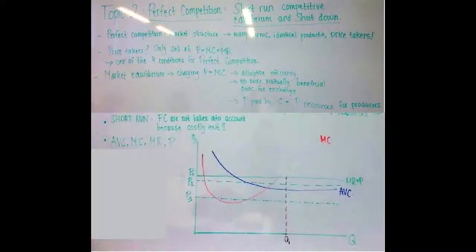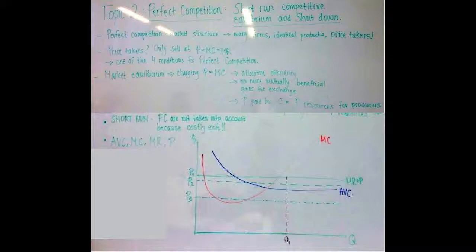Okay, so if we could take a look at the graph. On the y-axis is the price, and on the horizontal or x-axis is the output Q. Here we would like to give you three examples of three different prices. At P1, we are able to see that the price here, the green horizontal line, is above the average variable cost curve, which is the blue curve. A situation like this is very good. The firm is able to produce and also gain positive profits, or at least a profit, and so this is good. The firm can continue doing what it's doing.